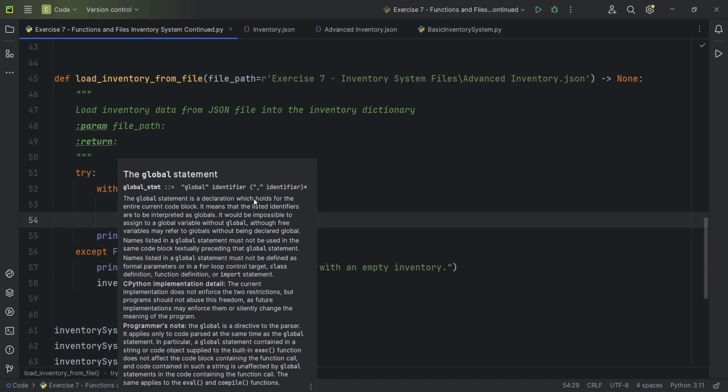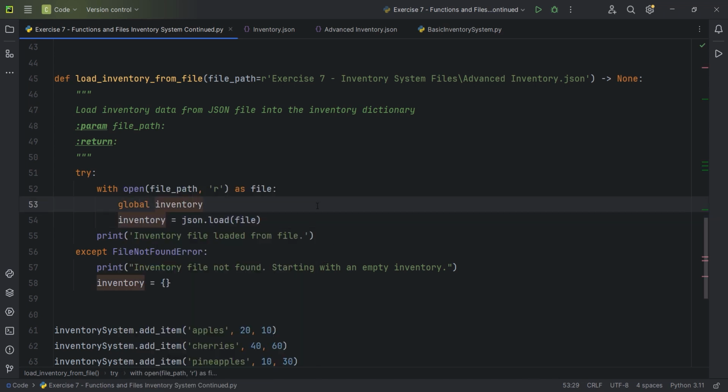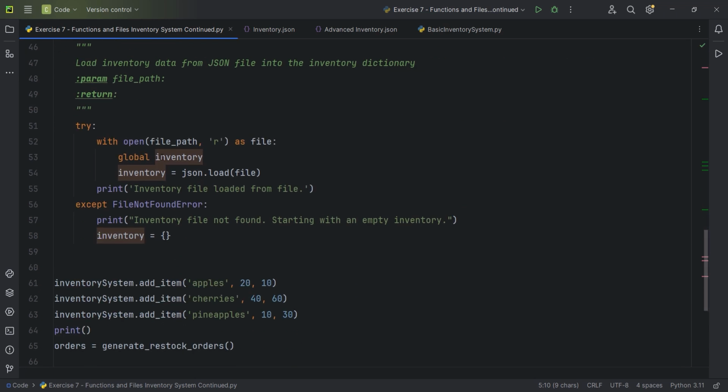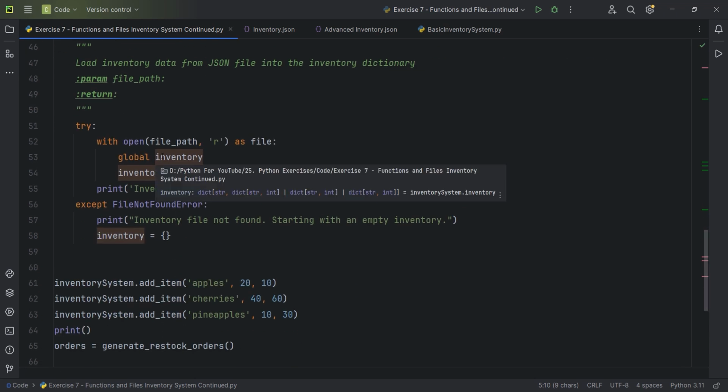a declaration which holds for the entire current code block. You can read all about it, but basically what it does is it says inventory is global, which means I'm actually changing the inventory that I've declared right here. This inventory belongs to all of my functions, and when I say global inventory, it means I'm modifying it globally